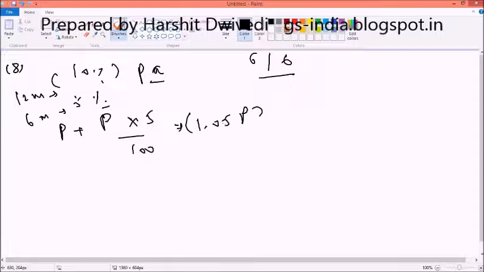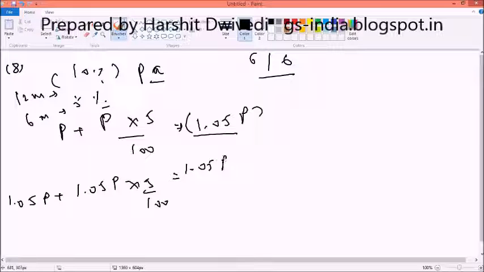As he has said that whatever interest he gets for the 6 months, he adds it to his principal, obviously then it becomes the amount. Now on this amount the interest will be calculated again. So it will be 1.05P, again 5 by 100, and in this the new principal, that is 1.05P, will be included. How much will we get through it? 1.05P plus